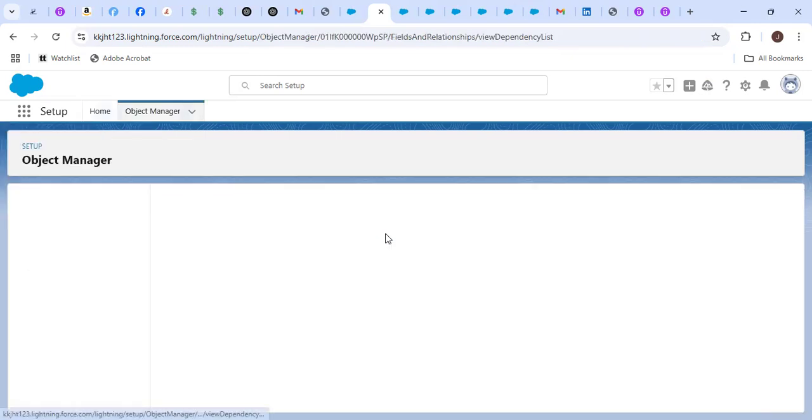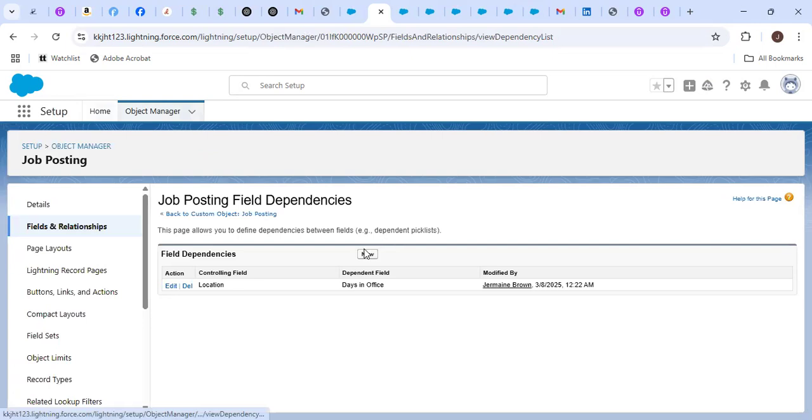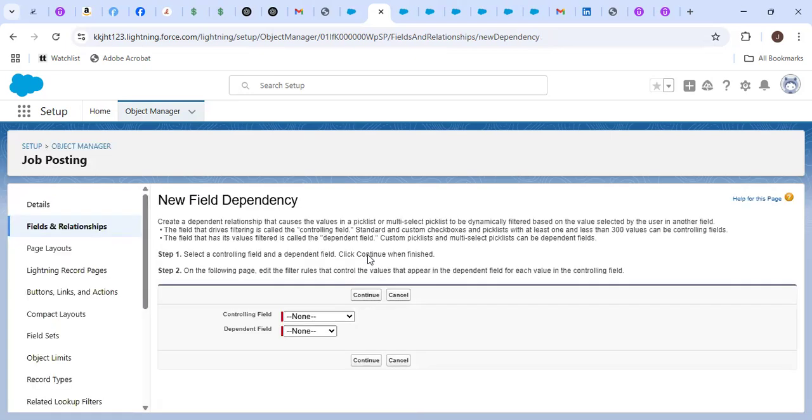cancel. I thought you wanted to show off here. Hold on. It's possible to have multiple field dependencies, right? Yeah, that makes sense. Okay. So if the location is the controlling field,